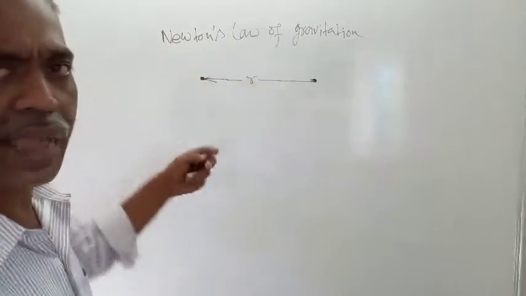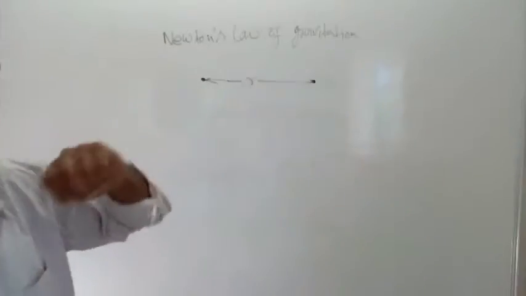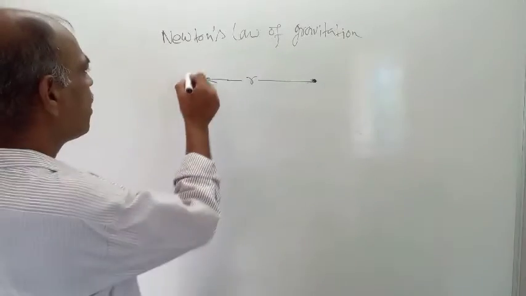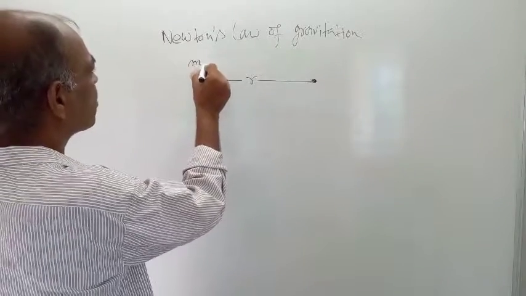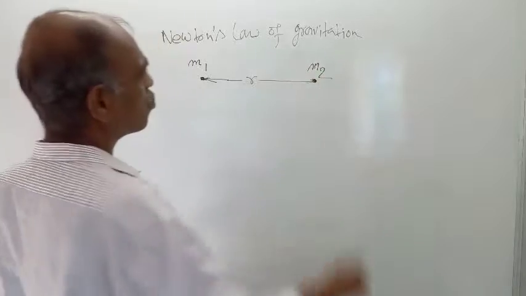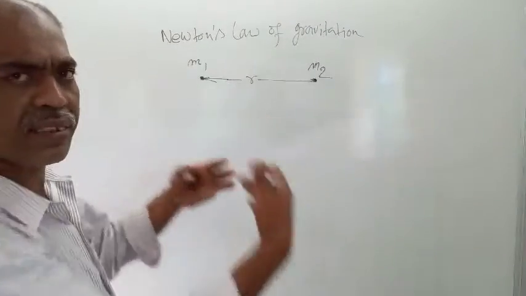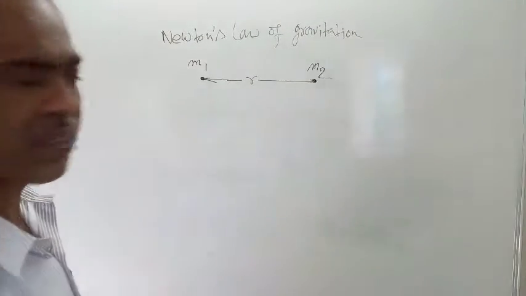This line is the line joining the 2 point masses. So the distance between the point masses is r. And say the mass of this point mass is m1 and the mass of this one is m2. If this be the case, then the force of attraction between these 2 point masses,